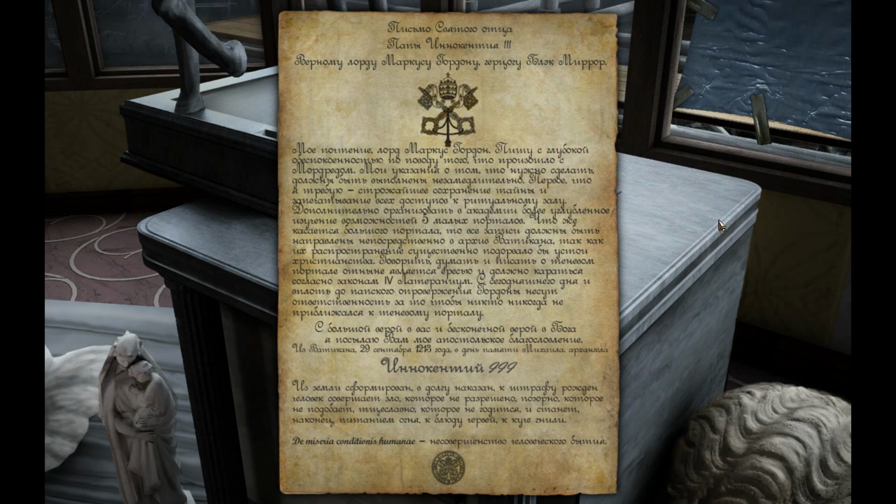Any talk, thoughts, or writings regarding the Shade Portal shall be deemed an act of heresy and shall be punished in accordance with the rules of the Fourth Lateran Council. Therefore, until the papal revocation to decree otherwise, the Gordons are henceforth responsible for ensuring that no one comes too close to the Shade Portal. With great faith in you and unending trust in God, I send you my apostolic blessing from the Vatican 29 Septembris 1213 on the feast day of the Holy Archangel Michael, Innocent III,